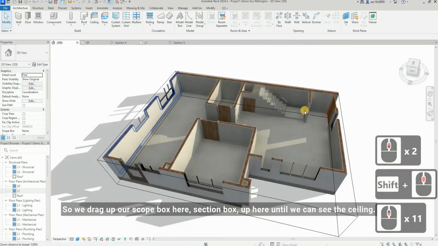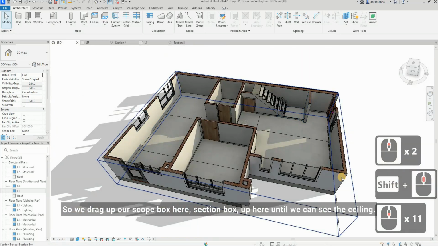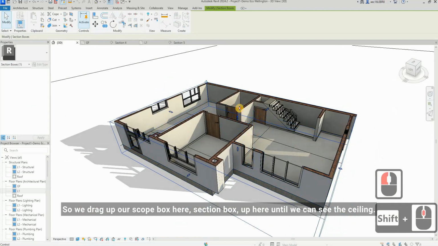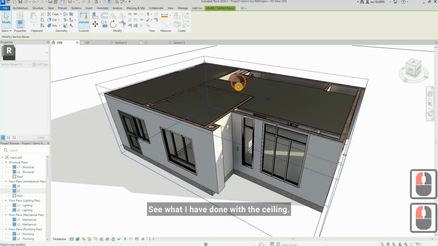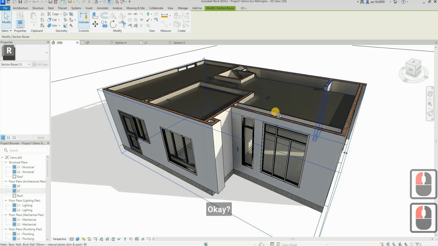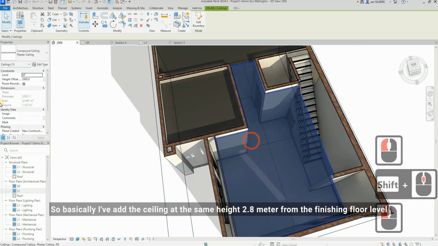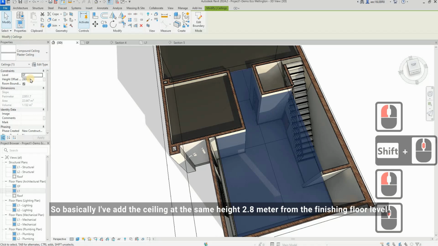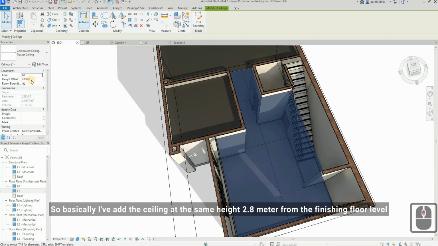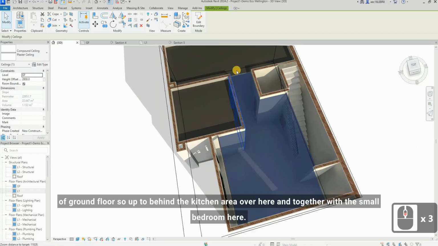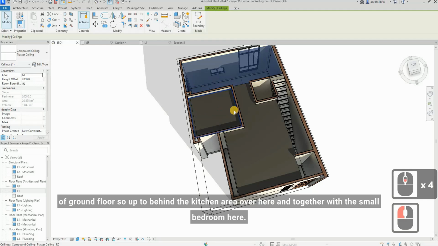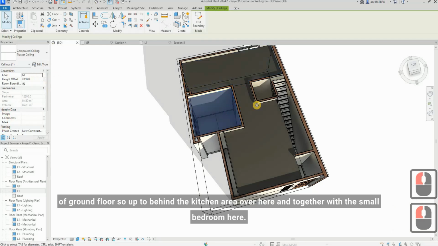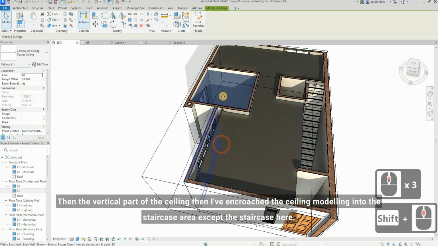Okay, so we drag up our scope box here, section box up here until we can see the ceiling, see what I have done with the ceiling. Okay, so basically I've added the ceiling at the same height, 2.8 meter from the finishing floor level of ground floor, so up to behind the kitchen area over here and together with the small bedroom here. Then the vertical part of the ceiling,